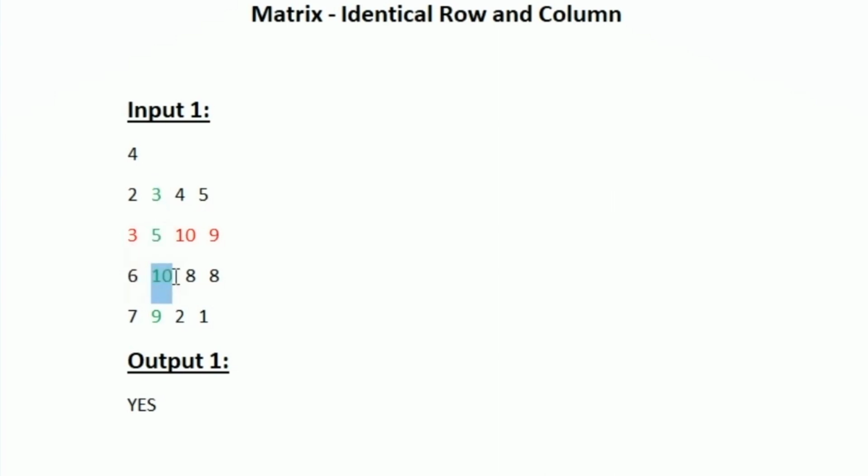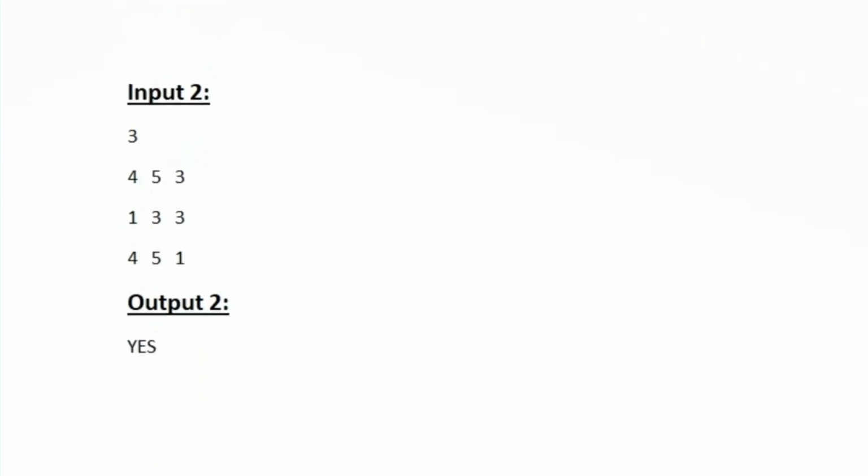If we are able to find at least one row and column identical, then we have to print yes as our output. So since we have found a row and column identical, we are printing yes in our output. Suppose if you are not able to find even a single row and column identical, then we have to print no as our output. And while comparing the row and column, we should not only check the column from top to bottom, we should also check the column from bottom to top. Even if the column that is from bottom to top is identical with the row, we have to print yes as our output. So for example like that, we shall see our sample input 2.